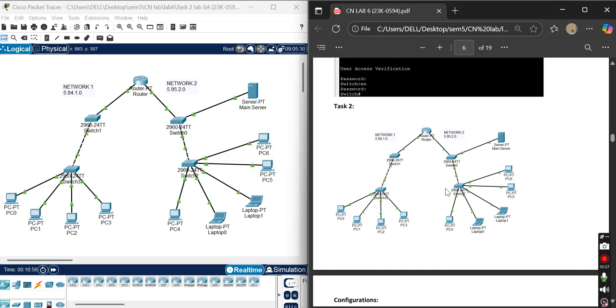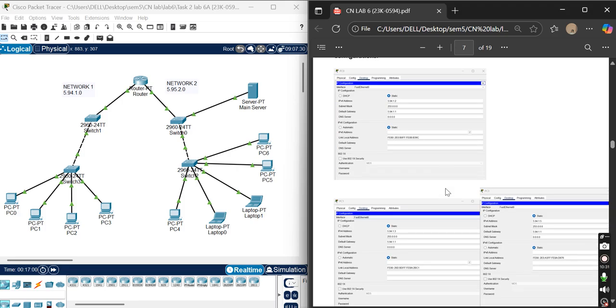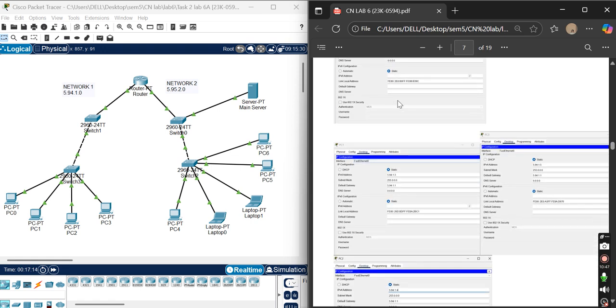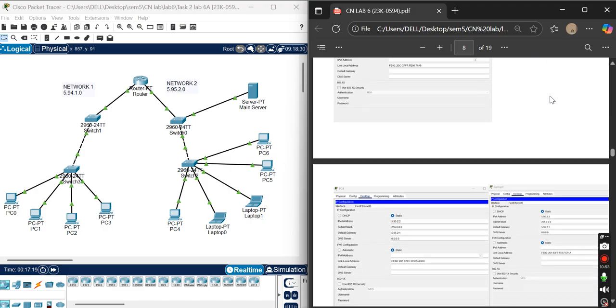And then similarly we went on with the configuration, setting up all the PCs at network 1. All PCs were assigned the configuration from 0594.1 and so on, starting from 2 until dot 5.